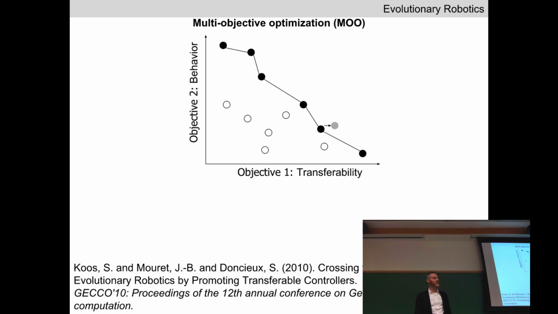When we go to 2 dimensions, as you can see in this cartoon, we have 6 or 7 individuals on the front. It's not constant, but it's usually more than 1. When you go to 3 dimensions, unless you have a big enough population, you get most of the individuals on the front. The more objectives there are, the more likely you are to survive because you happen to be the best one at the 13th of 100 features, right? You're always going to be better than someone else at one thing. You may be worse at everything else, but you're a specialist, so you're on the front.